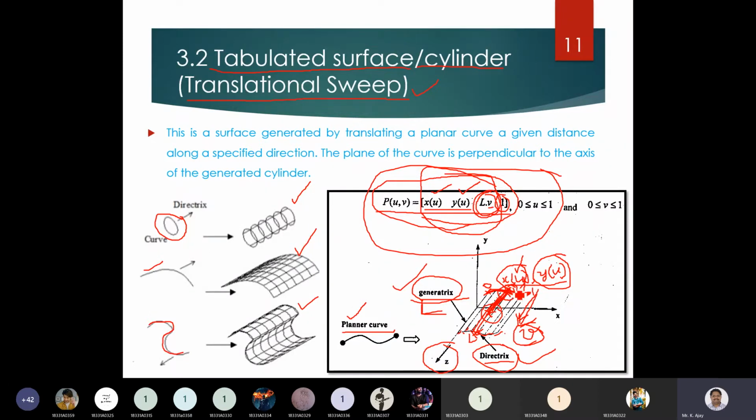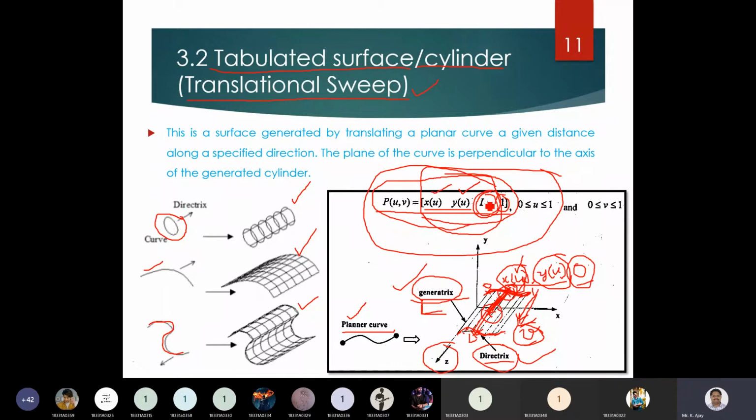What is lying on x, the point is simply x of u, y of u, comma 0. Z coordinate is actually 0. But that z coordinate is varying from 0 to that extreme endpoint after sweeping. This curve comes to the other end position, right? So that 0 value will become, depending upon the length of this particular straight line along the z-axis, how much height, how much depth I am sweeping.